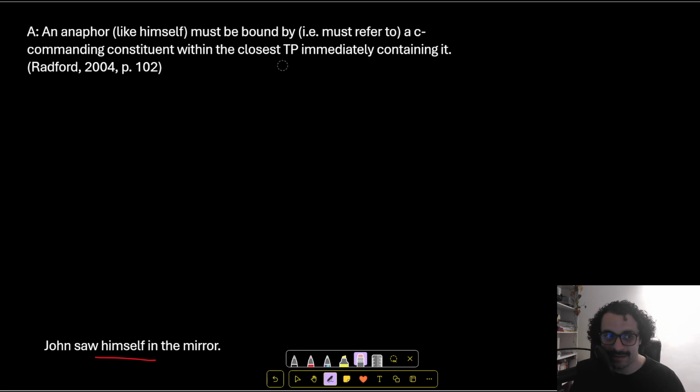immediately containing it. Now, in minimalist syntax, there's a lot of nested theories. Here we're referring to C command or C commanding constituents. If you're not sure about what that means, you can go check my other video about C command. Now, this sentence that we're given over here, John saw himself, we have an anaphor himself, and the sentence is perfectly grammatical. The reason why it's grammatical is simply because it abides by the binding principle A that we've mentioned